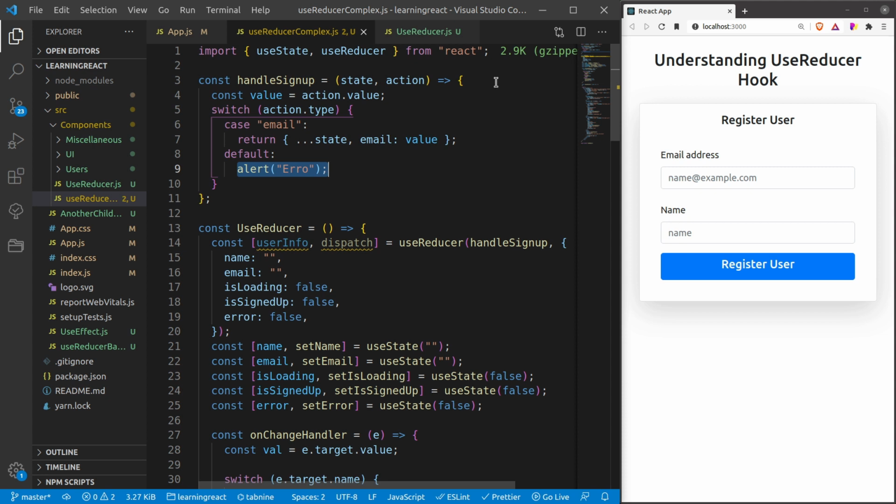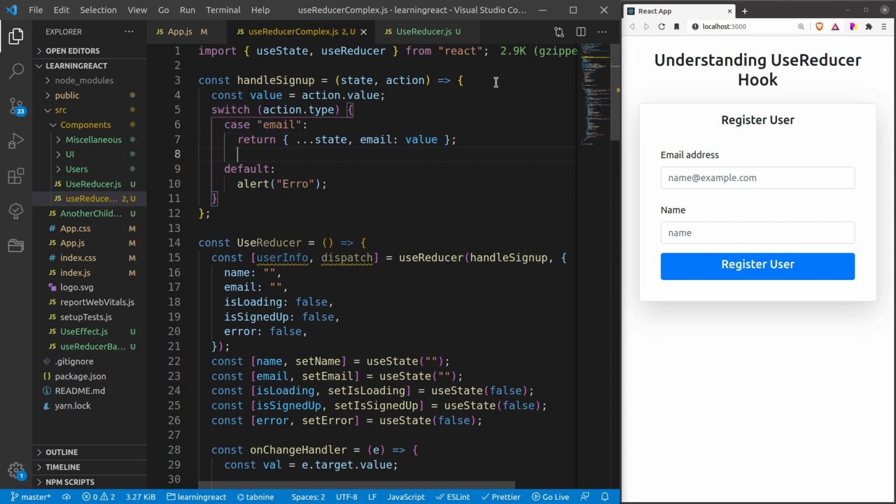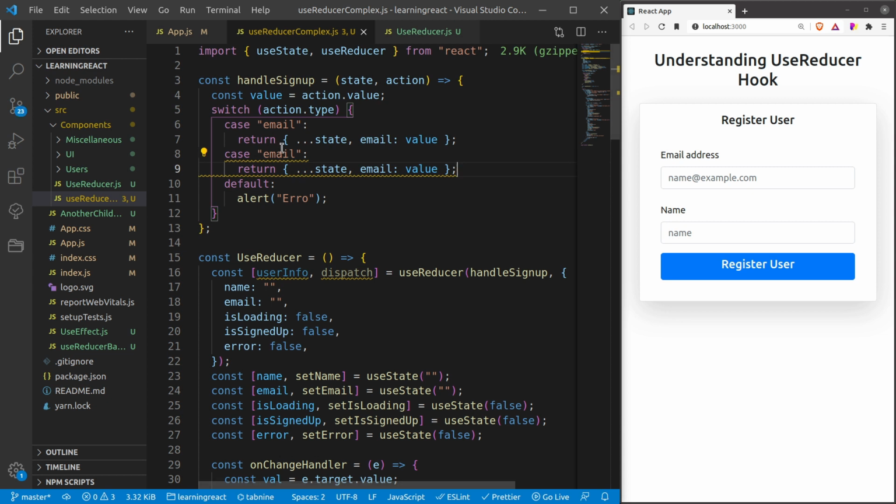I would never suggest you to call alert in your application. Similarly, what we want is changing the name should change its state, right? And then I will just change the name. Okay guys, right now I have just added two states, two actions. Now let's use these actions in my actual application.